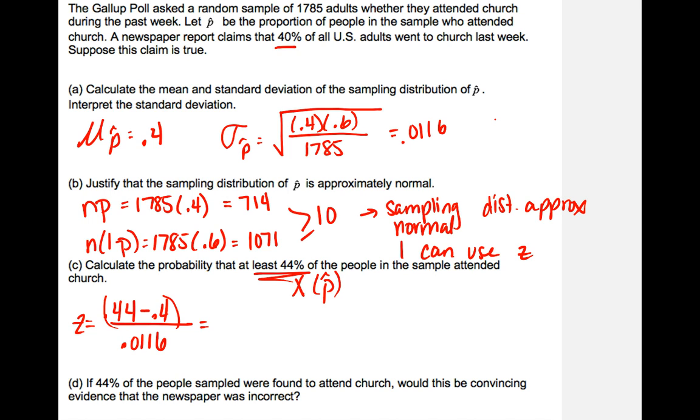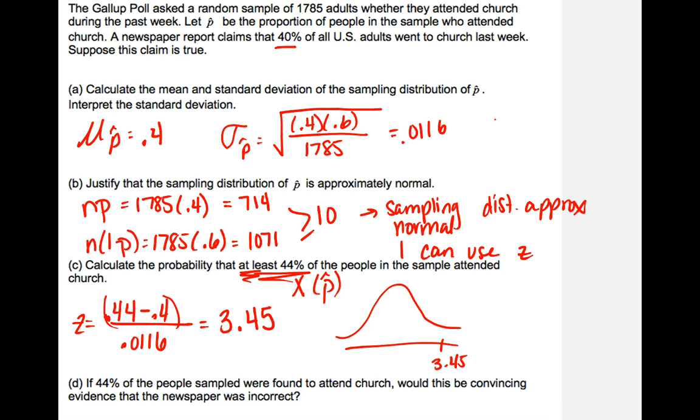Again, when you do this calculation, make sure you do your numerator all together to keep those order of operations straight. And this gives me a z of 3.45. And then at least 44%, this really means 44% or more. So I want the area to the right